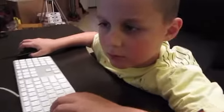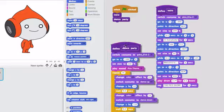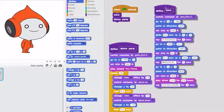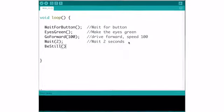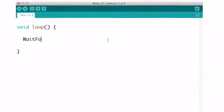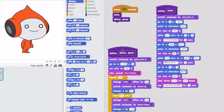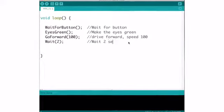Lots of kids have played with graphical programming systems like Scratch. These graphical languages are great for teaching kids the basics of program flow in an easy and non-intimidating way. But taking the next step into writing actual code can be kind of intimidating, or at least that's the perception. We created Wink to solve this. We designed a robot that's fun and interactive that can be programmed using really simple functions. If you can understand the graphical functions in Scratch, then you'll be able to understand our written functions to control